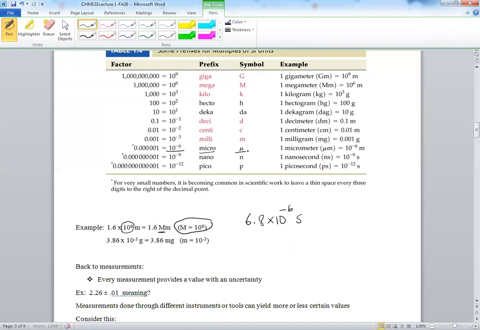Micro has this Greek letter that's called mu. So all we have to do is replace this 10 to the negative 6 with micro, and we'll leave the seconds alone. So I'm going to say 6.8